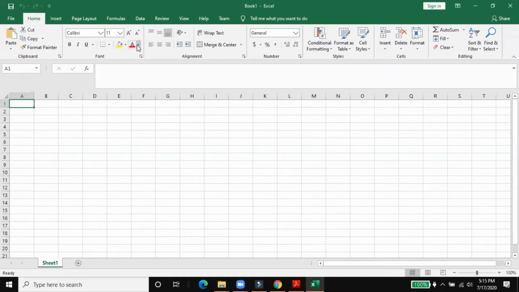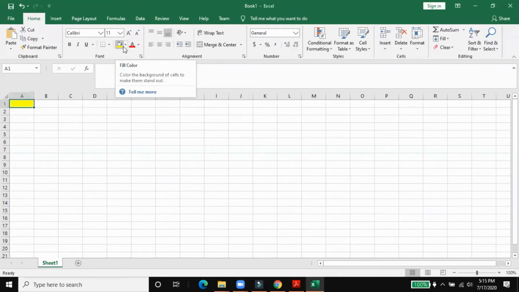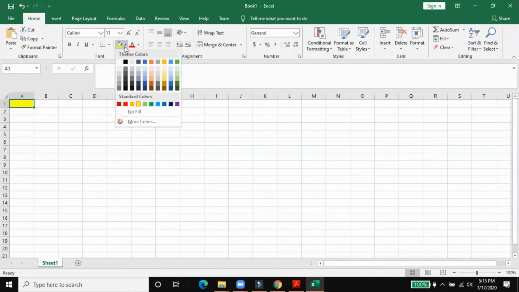There are options in this dialog box. If we click on the A, it opens a new dialog box. There are different colors, and we can choose any color from there. And if you want to highlight the cell, then we use the fill color option. If we open this, there are many standard colors and theme colors, and you can choose one. If you want to use a standard color, you can easily select it from there.